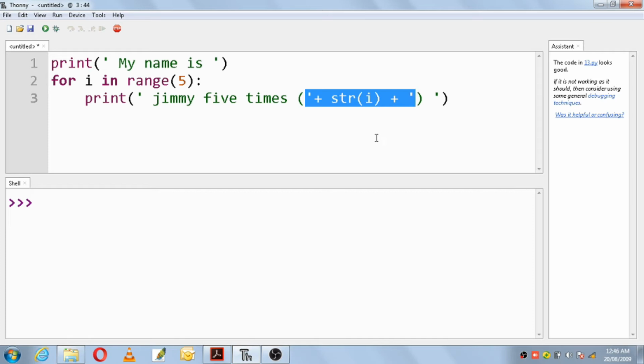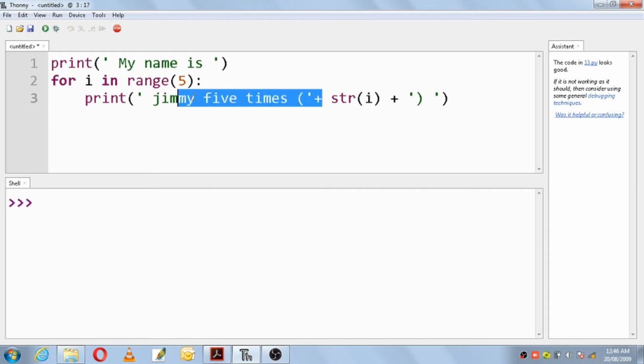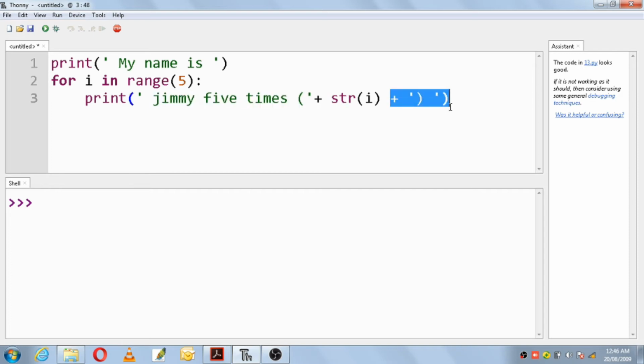If you don't put the parenthesis and the colon here, this entire thing will be printed as a part of a string. But we want the value to be printed, so initially the value of I is how much here? 0. As it is an integer, it will not get concatenated with the string, it will show an error. So this integer value you have to convert to string by using the function str of that value. So integer 0 will be converted to string 0, then it will print Jimmy 5 times of 0.